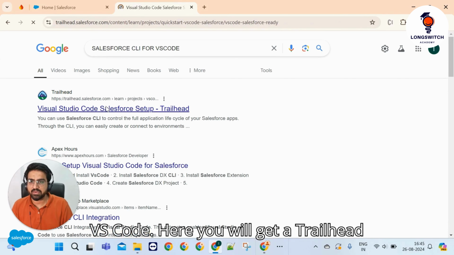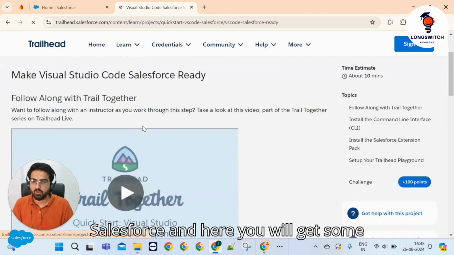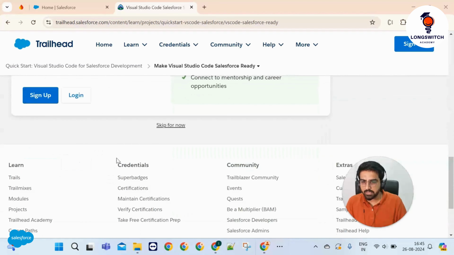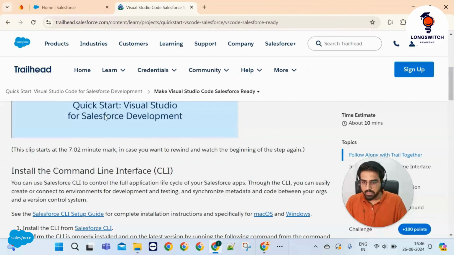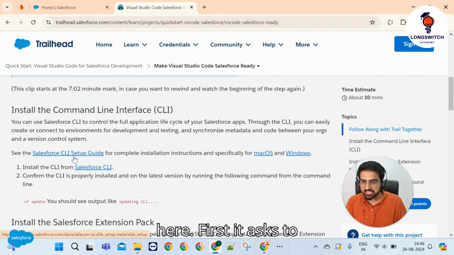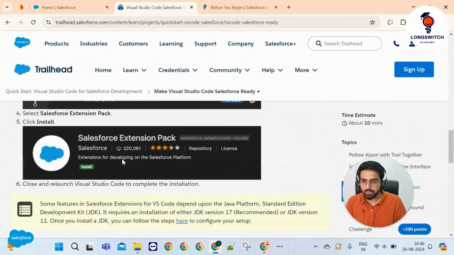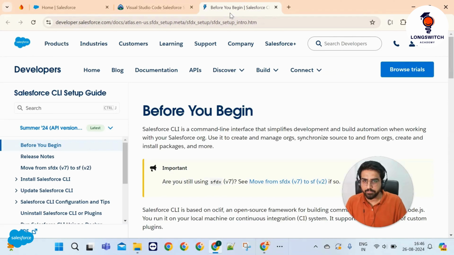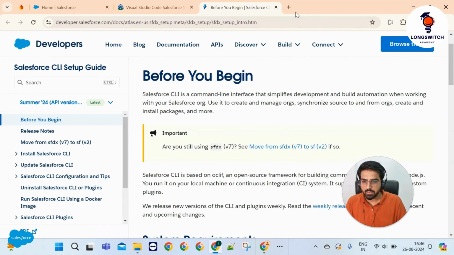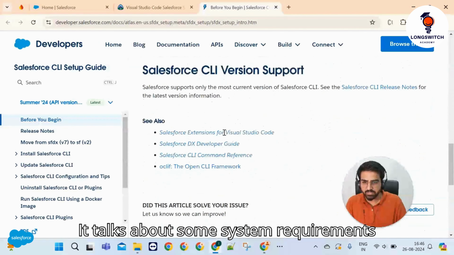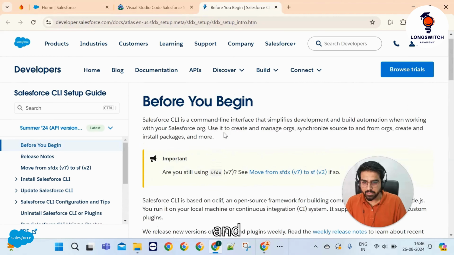Here you will get a Trailhead article, Visual Studio Code for Salesforce. And here you will get some useful links like this. I'll skip this for now. Okay, here first it asks to install the CLI. I'll open this link. It talks about some system requirements and